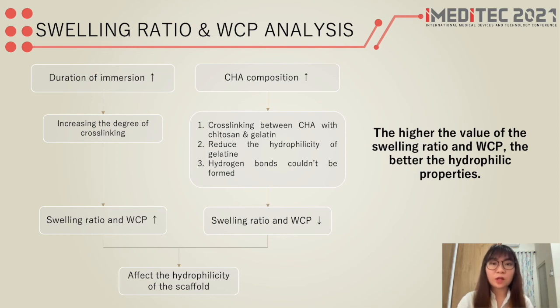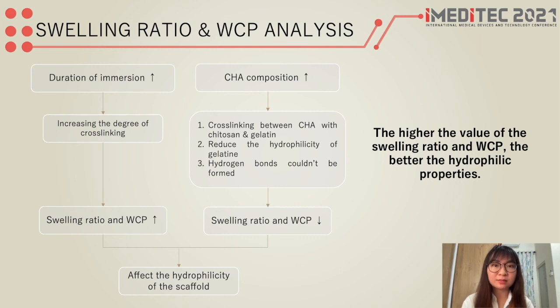The swelling and water absorption is also affected by the duration of immersion, where the values of swelling ratio and water content percentage increase to the highest peak at the longest immersion. At a high swelling ratio and water content percentage value, the liquid penetrates the scaffold more easily, so the scaffold will degrade faster. The ability of swelling affects the hydrophilic properties, which is important to carry calcium and phosphate ions into the scaffold for new tissue formation. It also affects the hydrolysis and the physical properties, which are good for the scaffold in nutrient transport and the bone regeneration process.